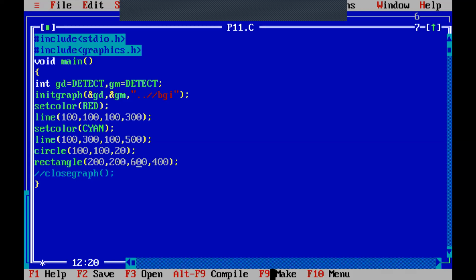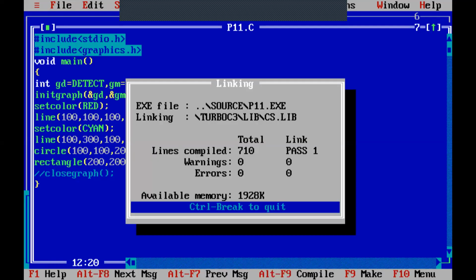See here, the first point is 200 comma 200, right? The x value is changing from 200 to 600, so length becomes 400, and breadth is changing its value from 200 to 400. That means the breadth value is equal to 200. So length 400, breadth equal to 200. Now I am able to view the output as per my choice.